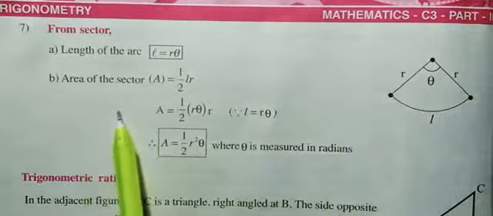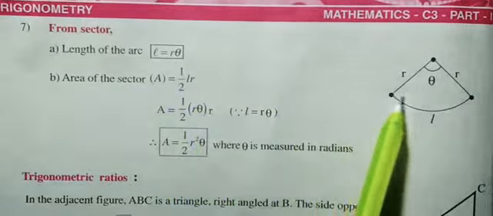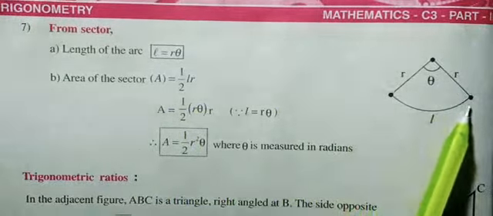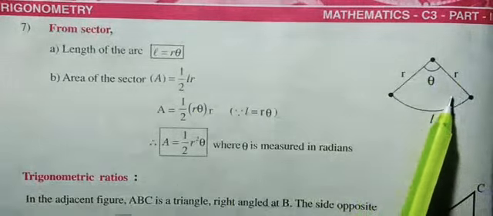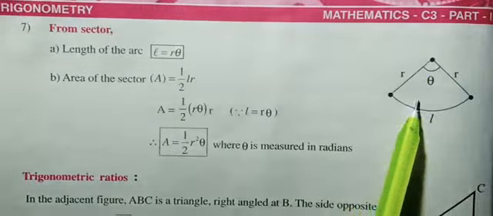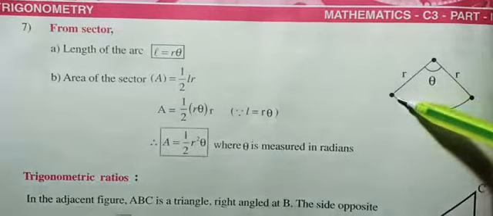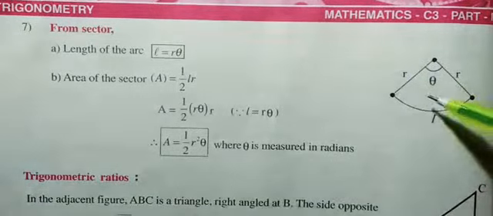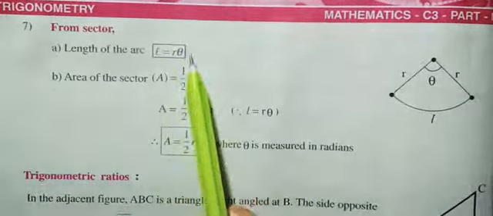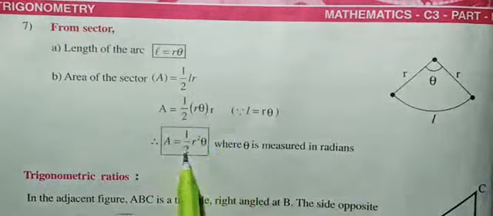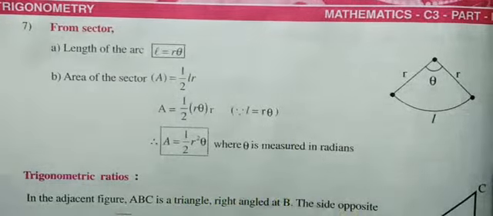Now the area of the sector A is equal to half into LR. Why half into LR? We consider this a very small distance, so we consider this as a triangle. For a triangle with this as radius, the area is half into base into height, so that's why we take half into L into R. Now putting the value of L as R theta from above, we get the area of the sector A is equal to half into R square into theta, where theta is measured in radian.